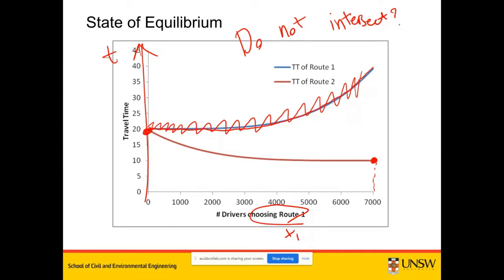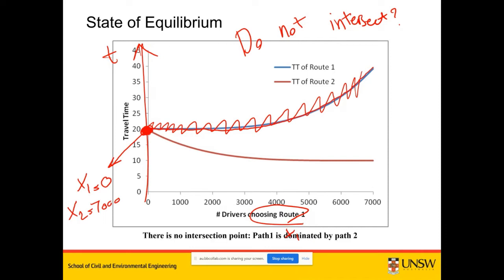So this is actually the equilibrium point, where x1 is actually 0. That means x2 is 7,000. And if you put it into the equation,